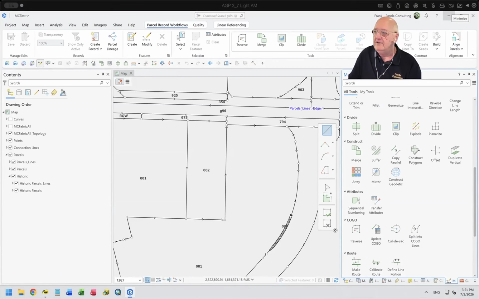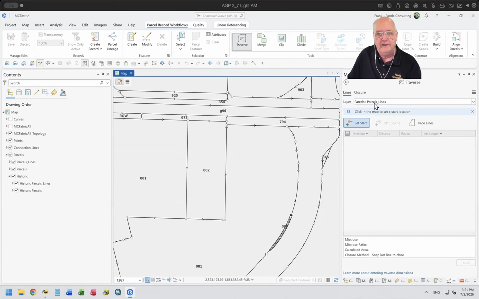Sorry, I've got them over on my screen here. All right. So if I were to start doing this in parcel lines, let's just start this here. And it would tell me on my curve table here,